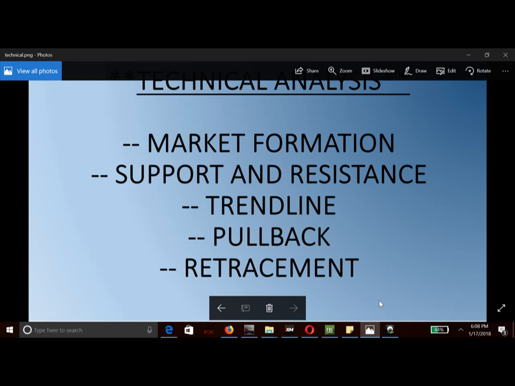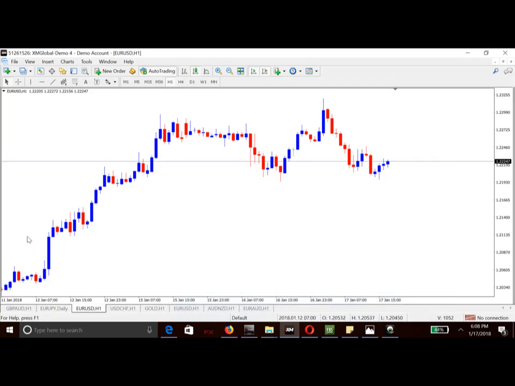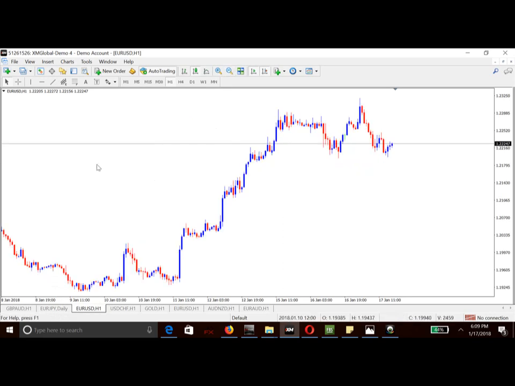Market formation. How does the forex market work? Now, if you notice this formation of the market, you notice that the market moves in zigzags, meaning that it does not move in a straight line. What do I mean? We notice that price went up, the market came down a bit here, it went up again, came down a bit here,